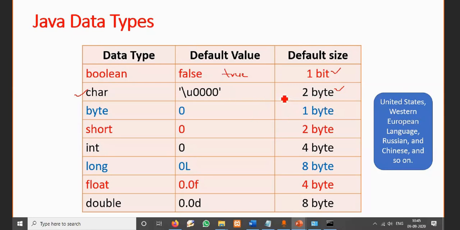The extra characters are used for United States language characters, Western European languages, then Russian, Chinese, and so on. That is for the support of different language characters, because when I go to one language, it will have different characters. It will not have only A and B. So for that reason, I will have different bytes for this.